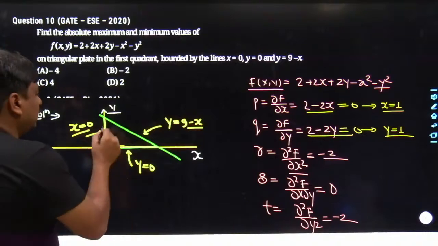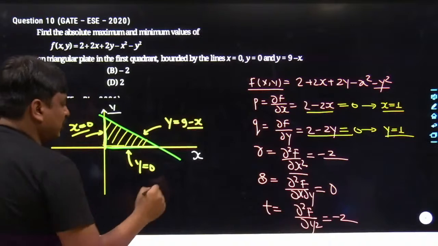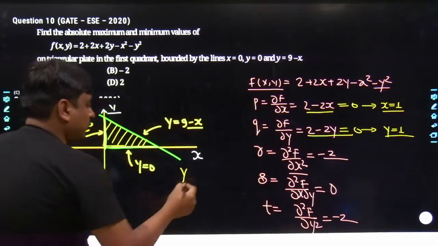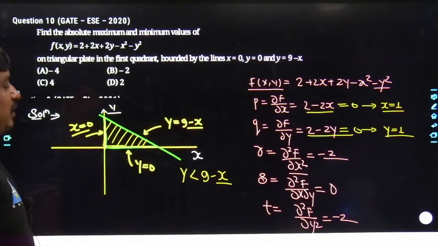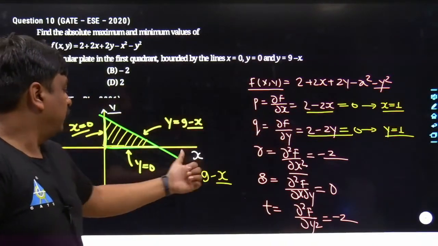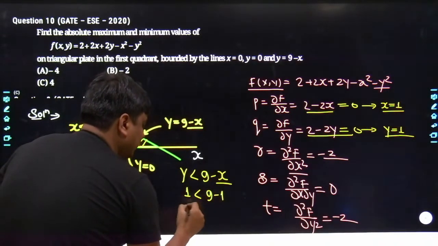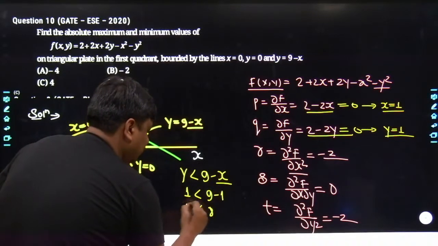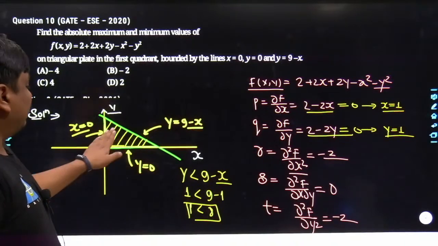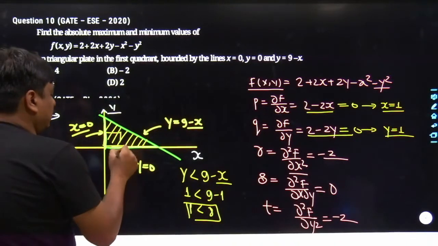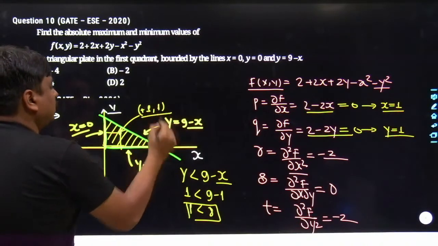My dear friends, this is the range now. That means the value of y has to be lesser than the value of 9 minus x. And you can see very well, if you keep y equals to 1, 1 is lesser than 9 minus 1, that is nothing but 8. That means yes, 1 comma 1, or x equals 1 and y equals 1, has been somewhere here, yes, and it has been within this closed triangle.